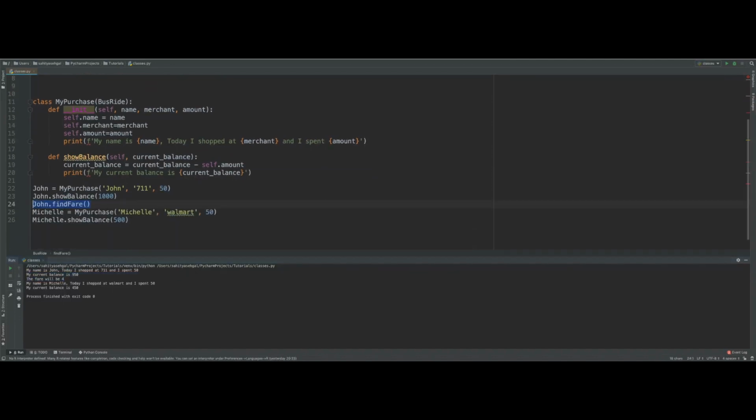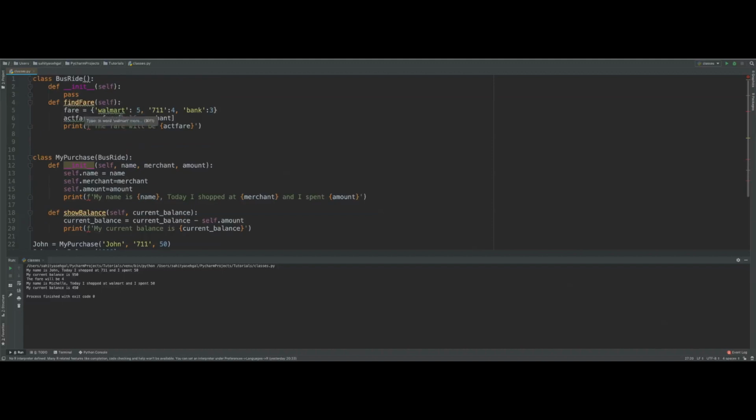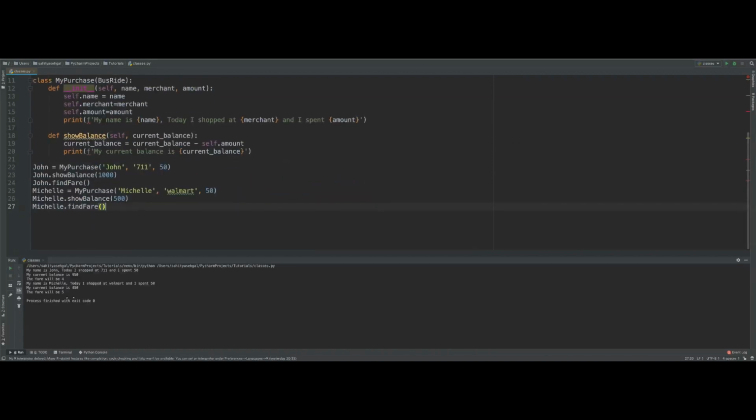And if I were to do the same thing for Michelle, and I would just type here Michelle dot find fare. Now Michelle's going to Walmart. That should return $5 back. When I hit print, the fare will be $5 here. So that is how inheritance works. That's how classes work. You know, as we get further into these videos, whether it's part of this series or whether it's going to be another video on this channel, you will see me using classes quite a bit. I've used them when I've done a lot of advanced algorithms, when I've done different types of modeling and designs. I do use classes quite a bit, but I wanted to give you that intro on classes and